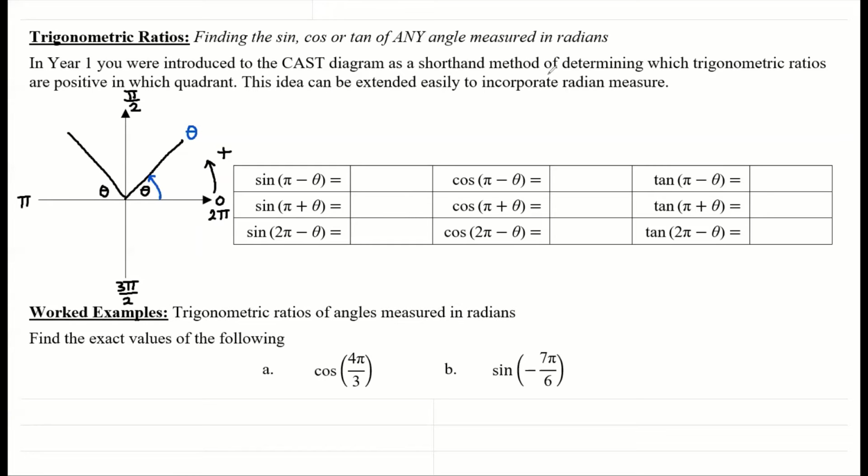I've gone to pi, so I go a half turn to pi, but then I go back by theta degrees. So this value here is pi subtract theta, because we are measuring from the positive